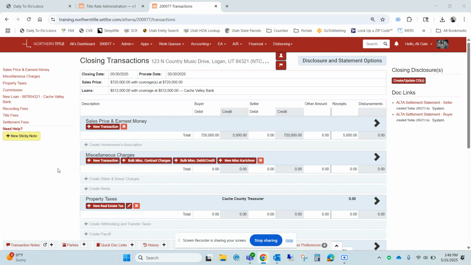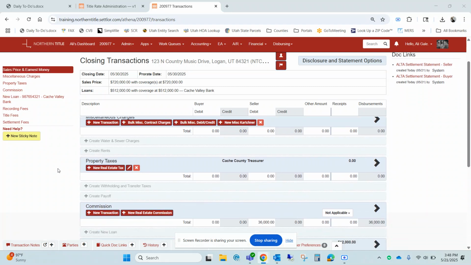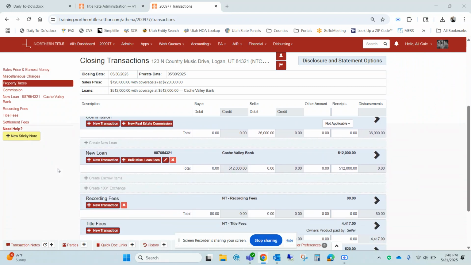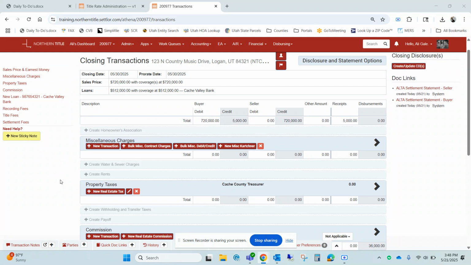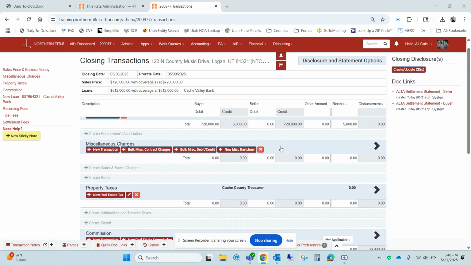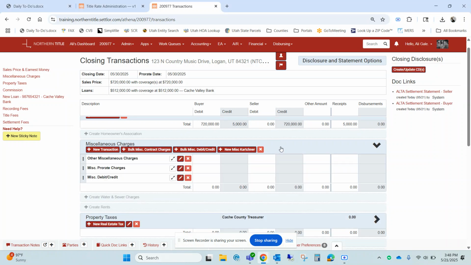First thing, we would not enter those payoffs as a normal payoff. If it's a purchase file and there's a buyer and a seller, the payoff line is meant for sellers only. So I would enter these additional buyer payoffs, even though they're technically called payoffs, but debits, in the miscellaneous charges. So I'm going to enter them here,